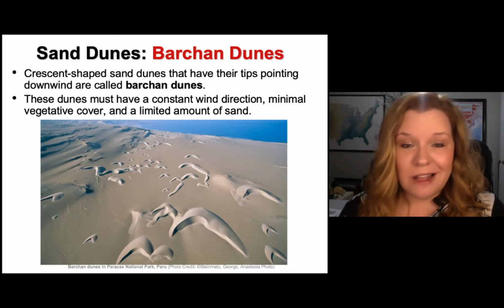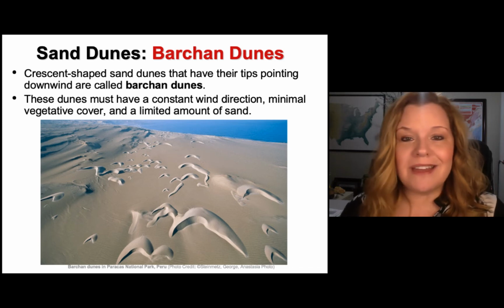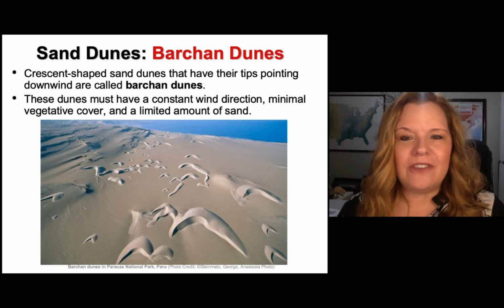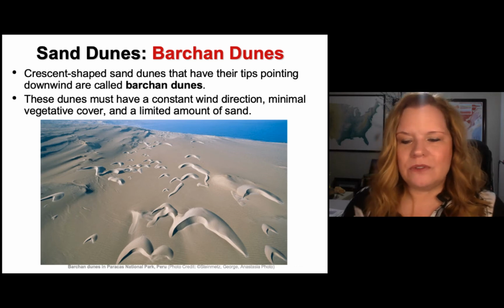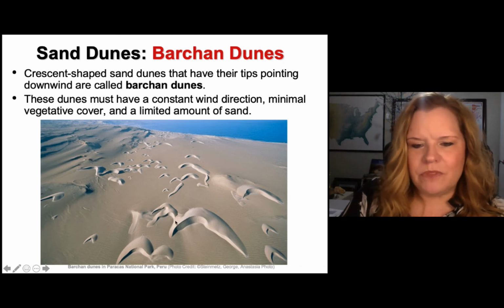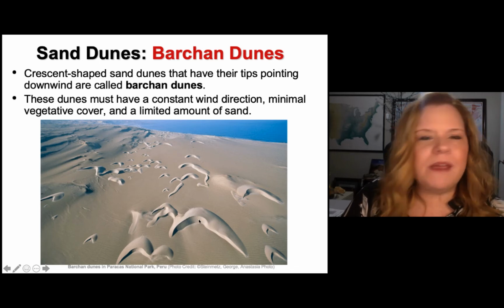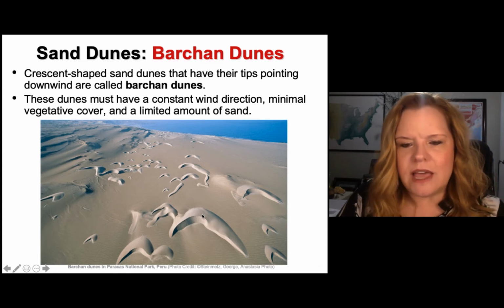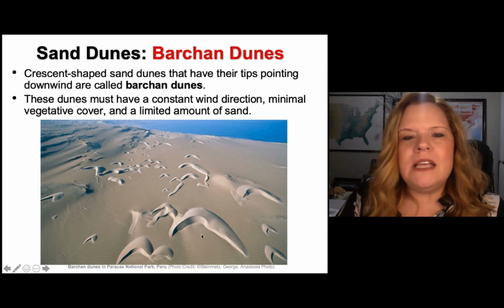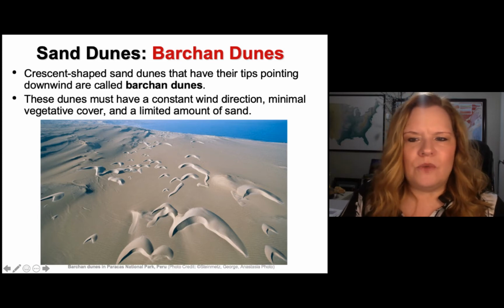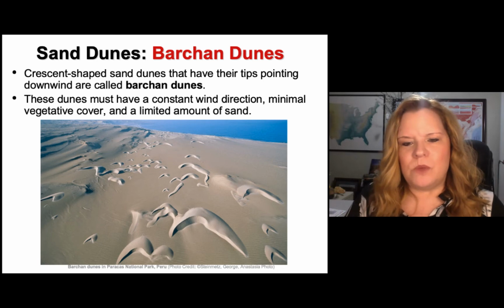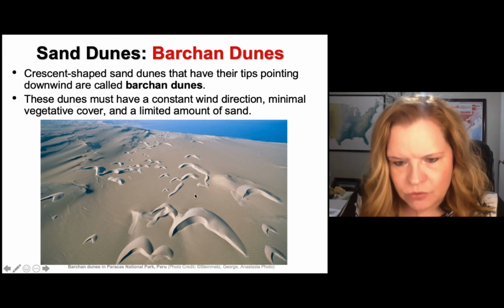So one of the most obvious and easiest ones to recognize are Barchan dunes, which is what you see in this picture. And as you look at Barchan dunes, the obstacle where the sand's wrapping around, I'm just going to point to one right here. There's probably a rock here, and the sand is in the air, hits that, and wraps around it. So the wind direction actually, the tips of these things are pointing downwind because the wind is coming this direction.